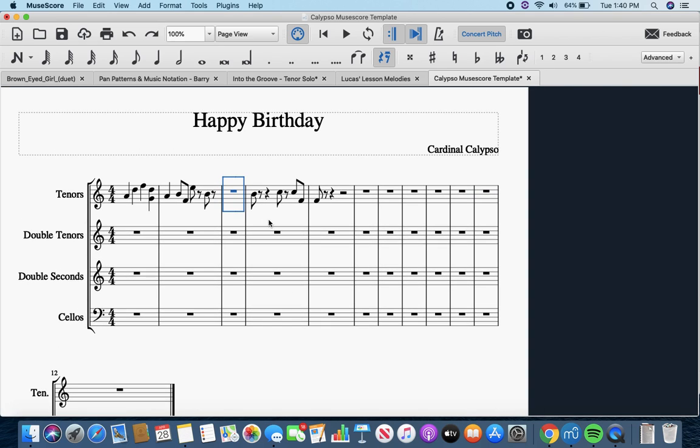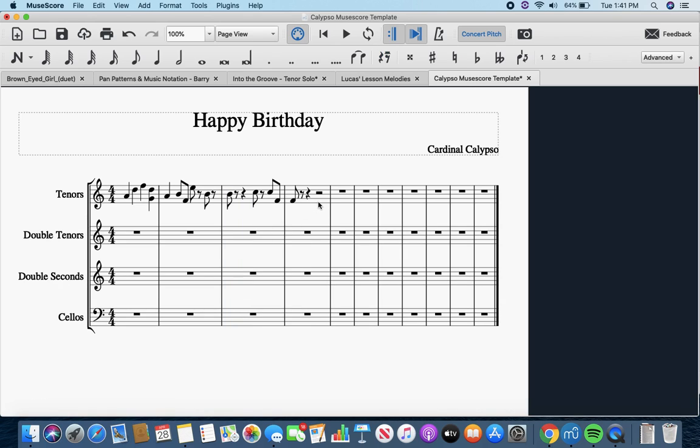Command Z still does undo. If you want to delete an actual measure from the score, Command delete. But if you just want to clear that measure, just normal delete. Then we have our note durations up here. If you don't want to use the spacebar to play back what you've written so far, well, you can open